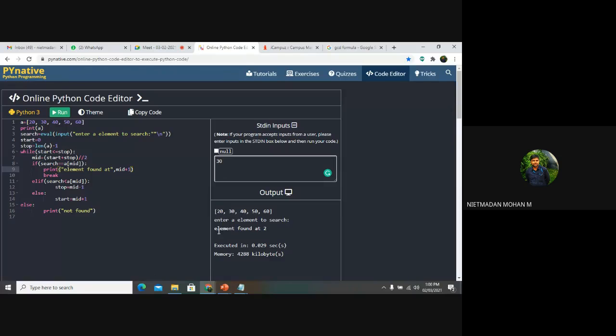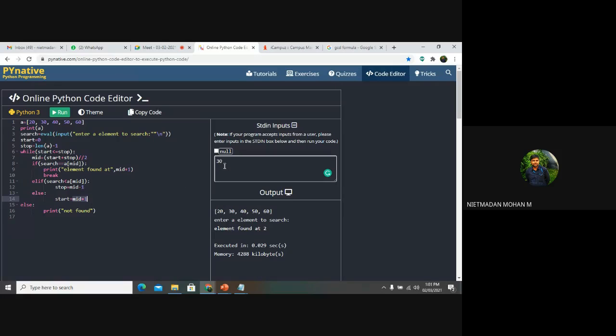Yes, the element is at position 2. First, what the operation does is take the list of n elements and find the mid value. It checks if the mid value is equal to the search option. If the condition is true, it will print the option. If it is lesser, mid will be minus 1, and if it is greater, then mid will be plus 1. So first we find the mid value, and after finding it, you can find out whether the element is found or not.